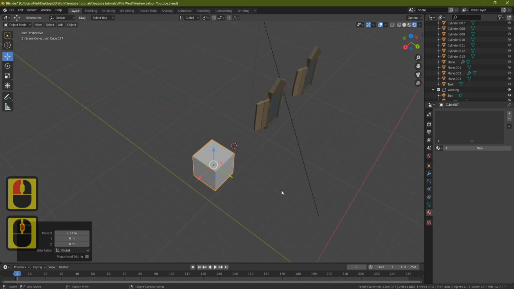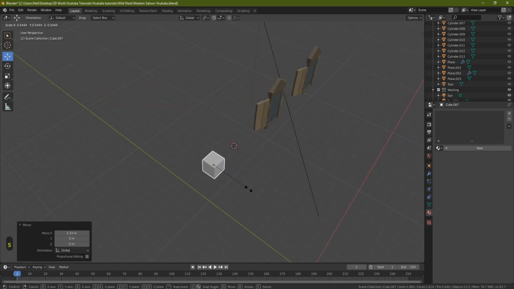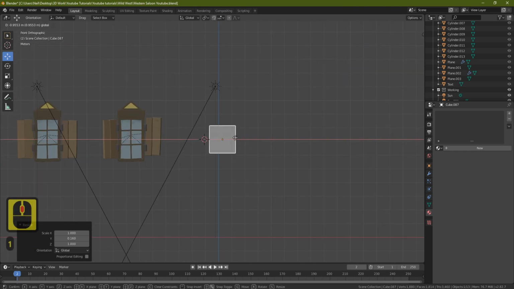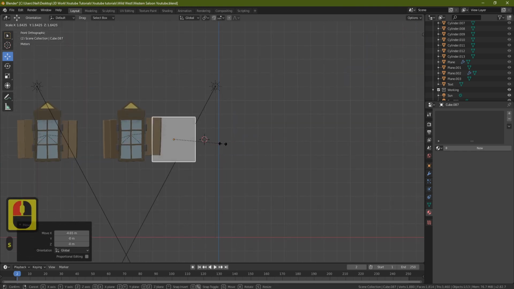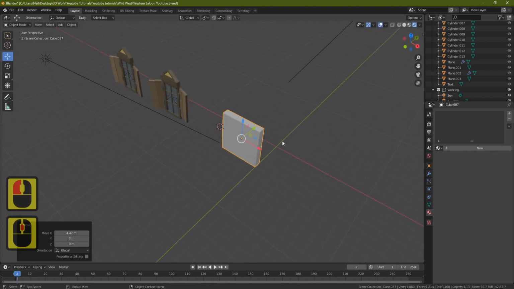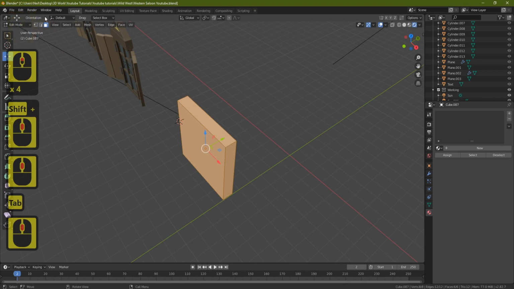So let's bring this one in, and this one's just going to be a very, very simple window. So I'm going to press S Y, and I want to make it roughly the same size as these, and I want to make it square. So something like that, it's about the right size. And then what we'll do is we will